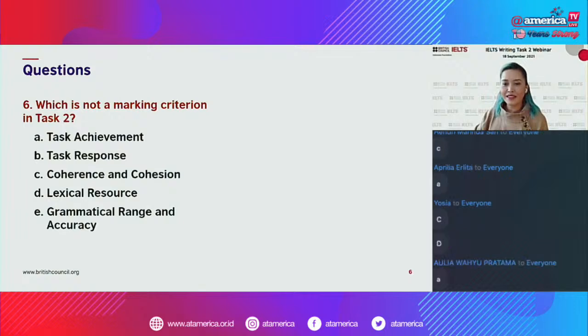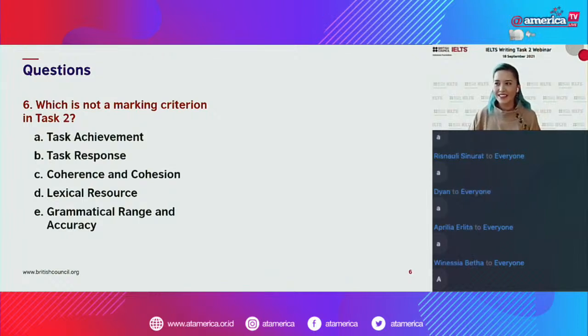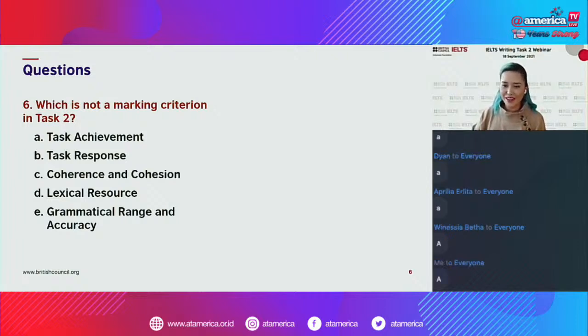If you attended last week's session, then you should know. Yes, good job. So task achievement is one of the criteria for task one again. Yes, well done. The one that is the difference between task one and task two is